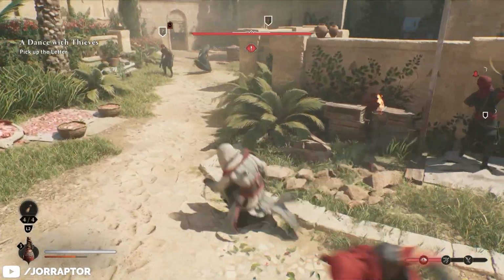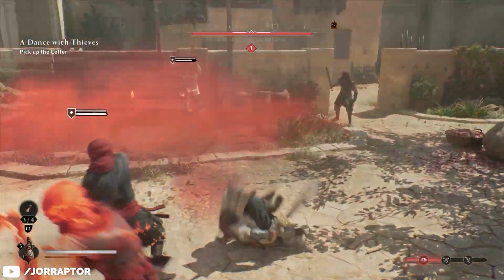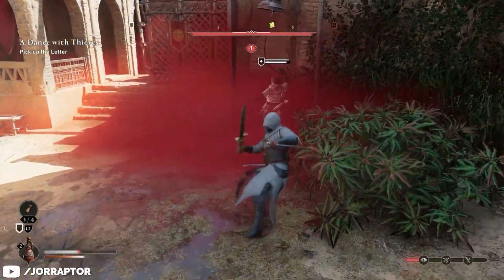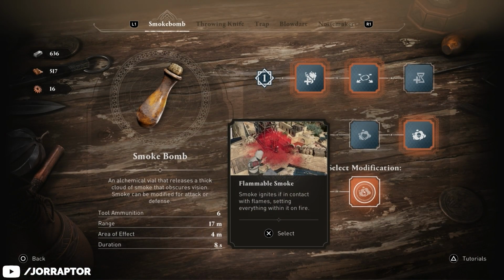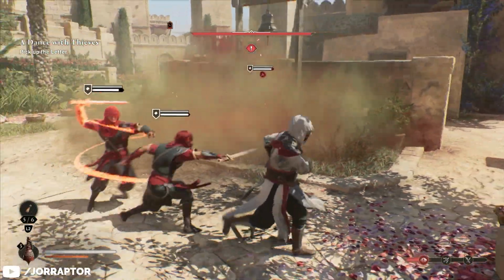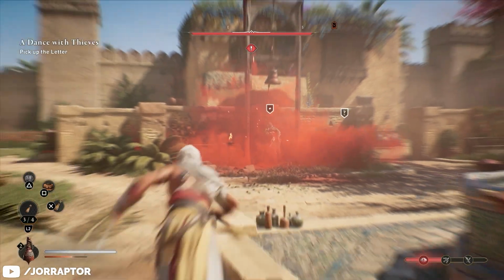first if you would throw a smoke bomb while the enemy was already ringing the bell, they would not stop and just continue with this action. Well, that's obviously not intended. If you had the tier 3 flammable smoke upgrade, you could already interrupt the enemy because they would just be burning, but now after the patch, a regular smoke bomb works as well, so the enemy will stop using